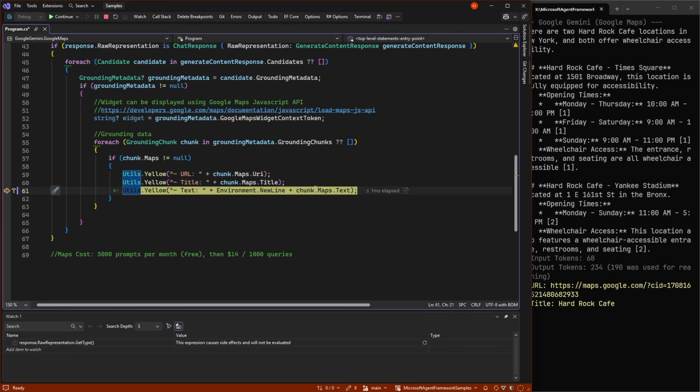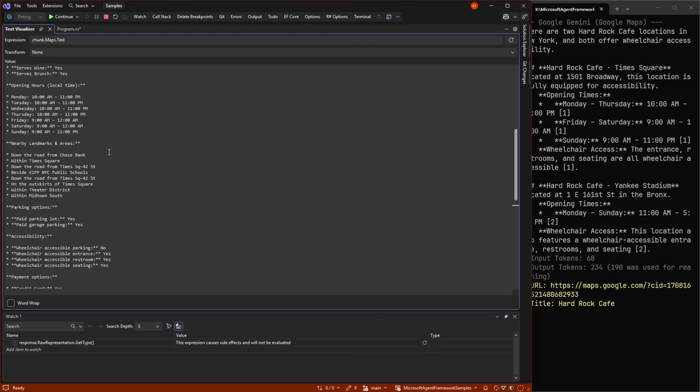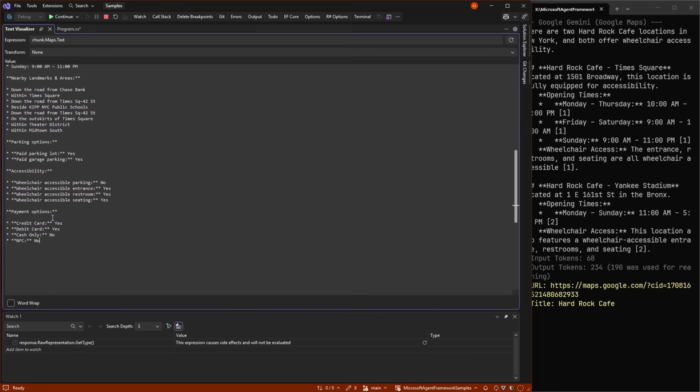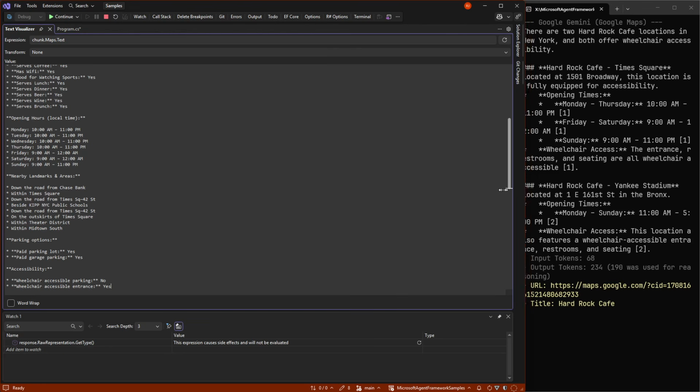And we can get a bunch of extra information about that specific location. And we are talking really large: type, restaurant, business, price level. All the things you find in Google normally is also here, including the wheelchair access. And that's the reason why they were able to give us back that information. And then there would be one more, and so on.